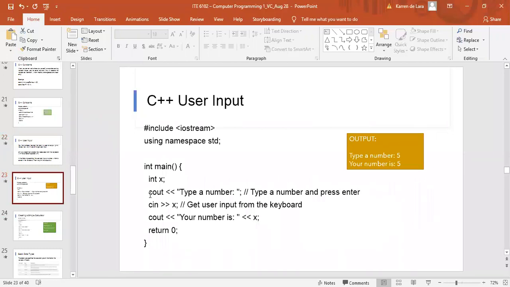So we have here integer x as your variable. We have cout, type a number. For our comment here, remember this is a comment, you will be asked to input a number. And then cout will display the value of your inputted number. So get user input from the keyboard. And then